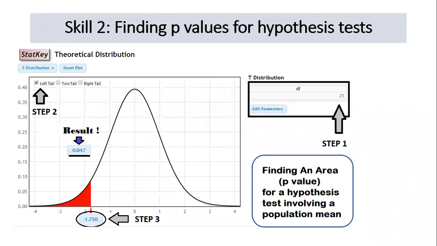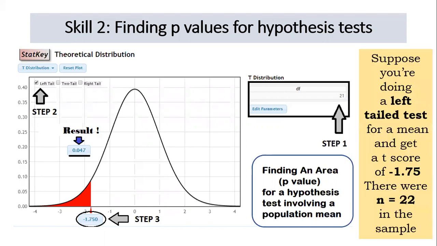But another type of inference that we often want to do is to do a hypothesis test. And if we're doing hypothesis tests, deciding any hypothesis test means we need to know a p-value that we can compare to our level of significance. But how will we find p-values for hypothesis tests involving population means? Let's take a look at that now,